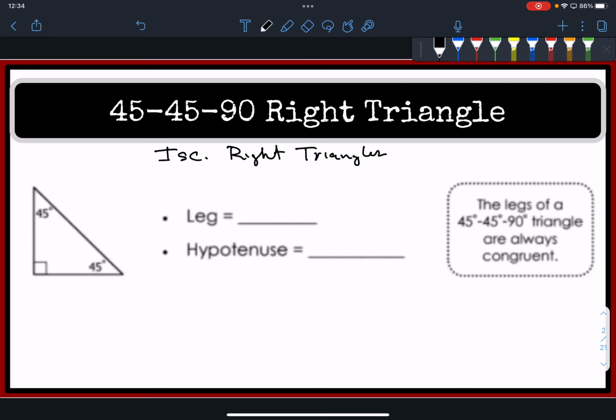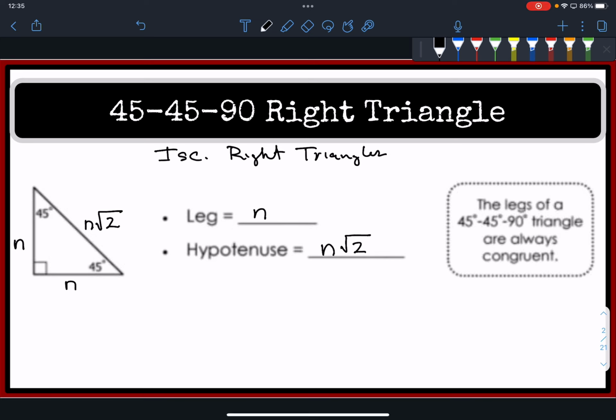to be congruent. So whatever measurement this leg is going to be the exact same measurement. So if the length is equal to 1, the other leg is also equal to 1. The hypotenuse, because this is a 45-45-90 degree triangle, is going to equal the measurement of our leg times the square root of 2. So the hypotenuse is always going to equal the measurement of our leg multiplied by the square root of